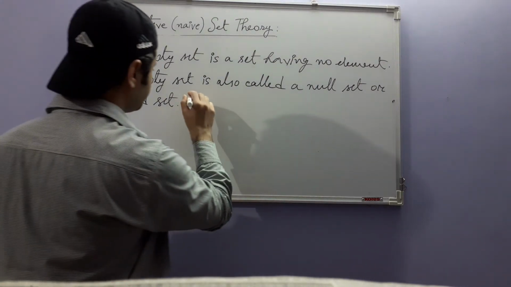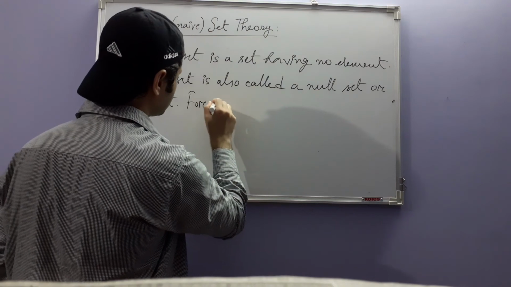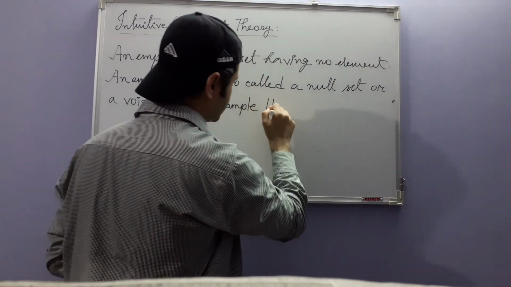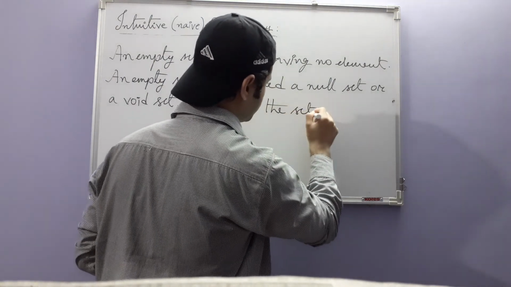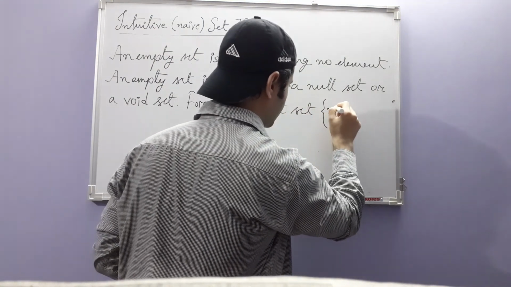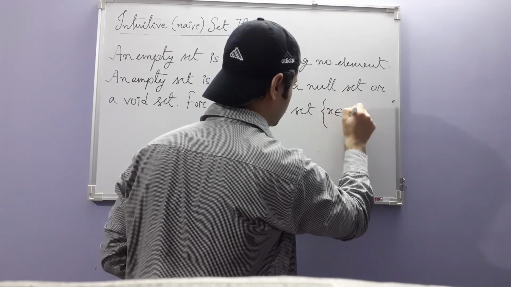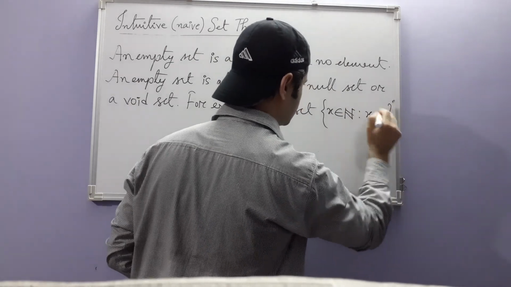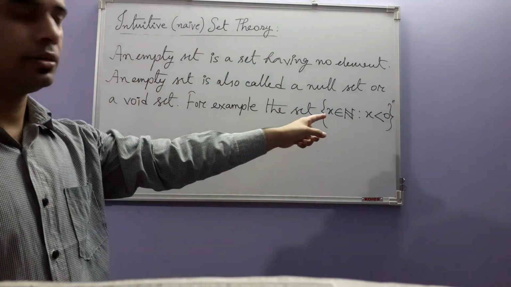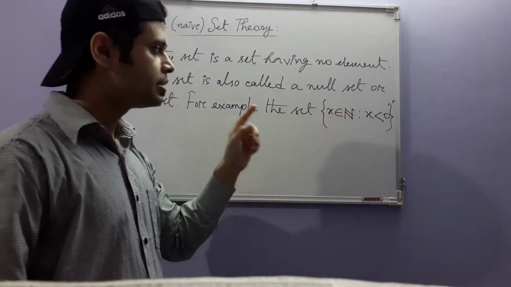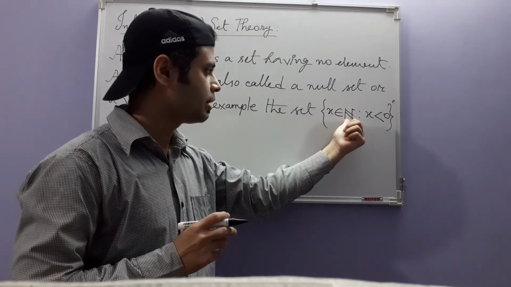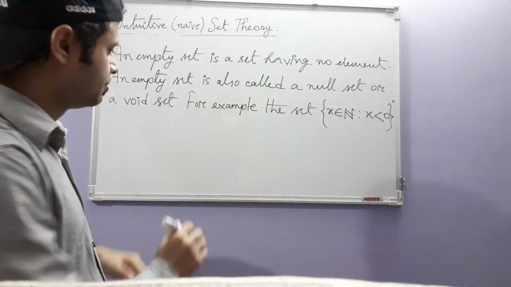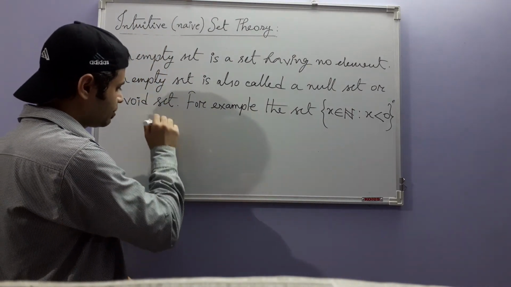For example, the set of all x in N such that x is less than 0. Now look at this set. This is the set of all natural numbers which are less than 0. Is there any natural number that is less than 0? If you recall, the set of natural numbers